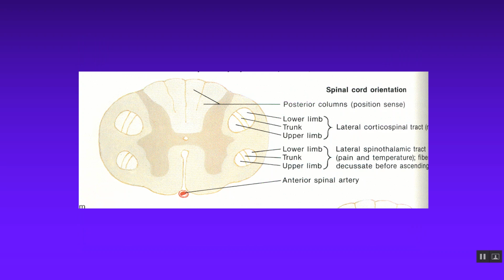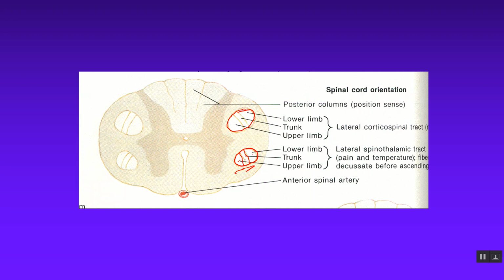There is some somatotopic arrangement of certain major pathways. So here is the anterolateral system, or spinothalamic tract. It's layered in like this from medial to lateral, starting with upper limb, then trunk, and then lower limb, okay? And then we also have the same type of arrangement for the